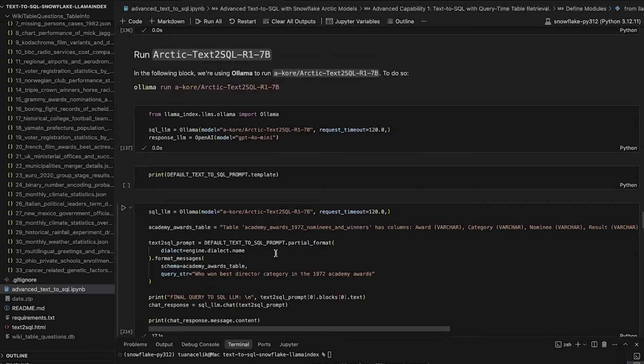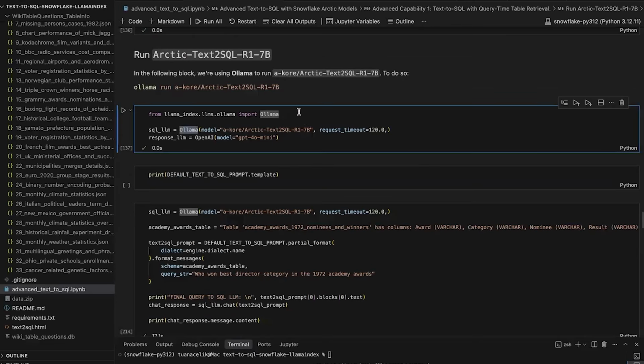We'll be using two models. As I mentioned, I'm using Llama, and there's been a user that put up the Arctic Text2SQL on Llama, which is really handy. And I'm going to call this my SQL LLM. And then finally, later on, I'll also be using an OpenAI model to generate a more human-sounding response to the